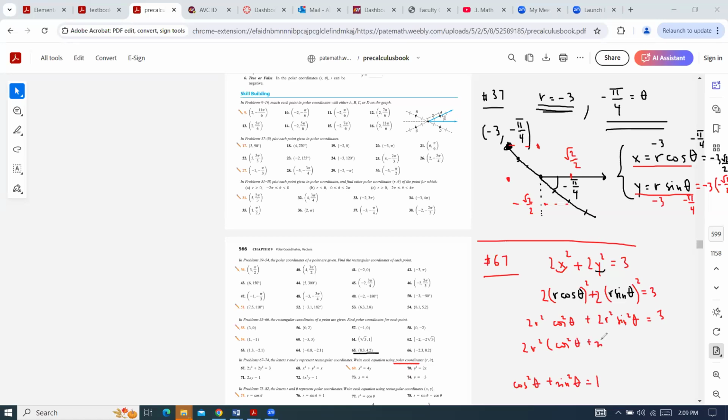little formula, which is going to be replaced with 1, right? So we're going to end up with just 2r squared times 1, which is nothing but the same 2r squared, right, is equal to 3. In other words, r squared is equal to 3/2, and I can go one step further and say that,